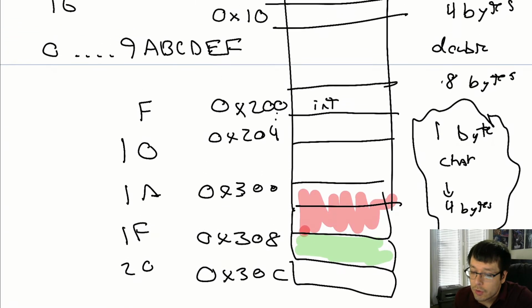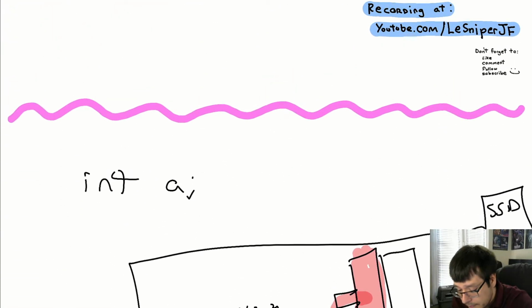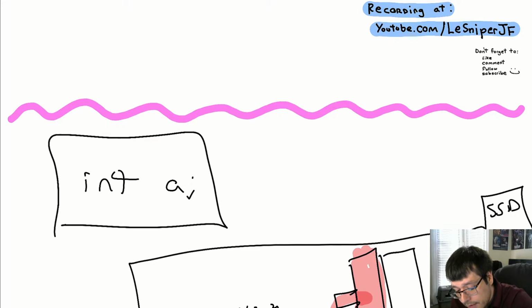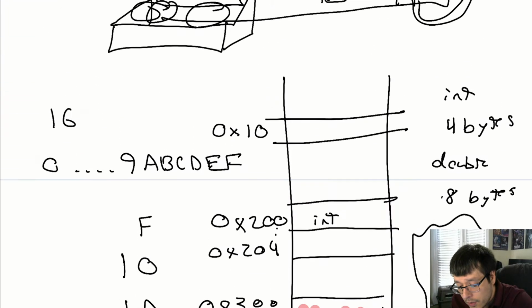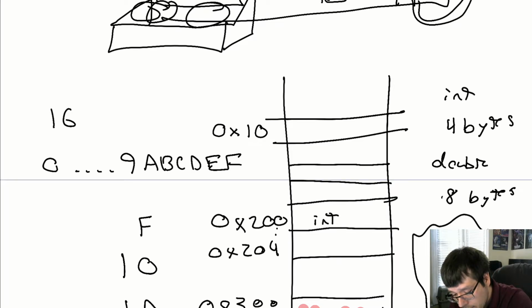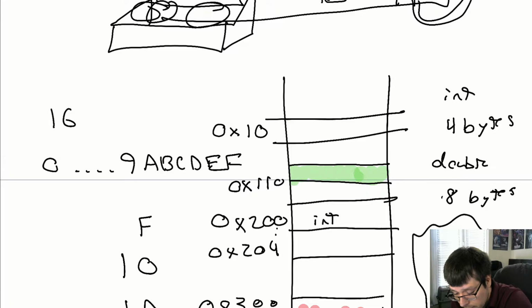So that's how memory is stored. You get this hexadecimal address, and that's literally where your variable is stored. So when I say in my computer int A, behind the scenes, behind the magic, somewhere in my main memory, the computer picks a spot that is 4 bytes long, gives you back an address, and says congratulations, this is where you're going to store your A. And then when you store your number, let's say you're storing the number 42 in there,